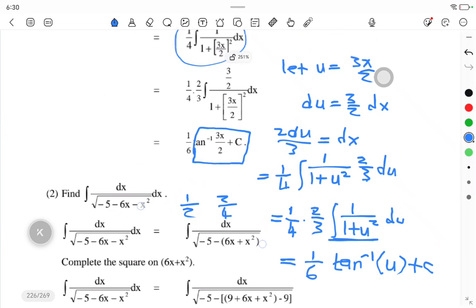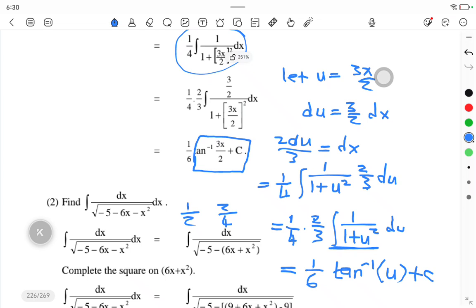You see, right? This can be the easiest, but if you want to avoid this u substitution, I told you, you're just going to come and multiply this. You come and multiply by 3 over 2 and its inverse. You see, right? Like this. Now you multiply by this, then you distribute. You see, right? Now,